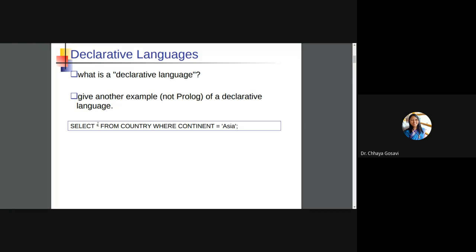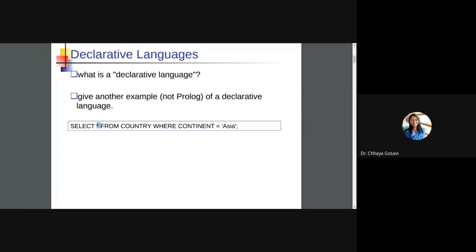Like here, select star from country where continent is Asia. If you have a database with countries and their continents, and you have to select only the countries from the continent Asia, this can be a query. This is called a query. Select star means all. Star represents all which match this query.